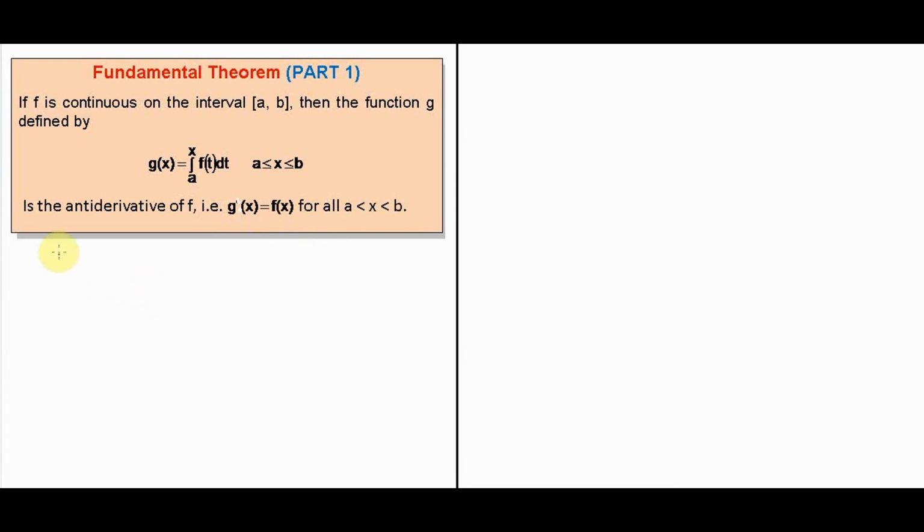Now recall we said that if we assume that the antiderivative of small f exists, then this theorem is quite easy to prove, because then we can use the evaluation theorem as follows. Then the derivative with respect to x of g of x, which is equal to the derivative with respect to x of the definite integral from a to x of f of t dt